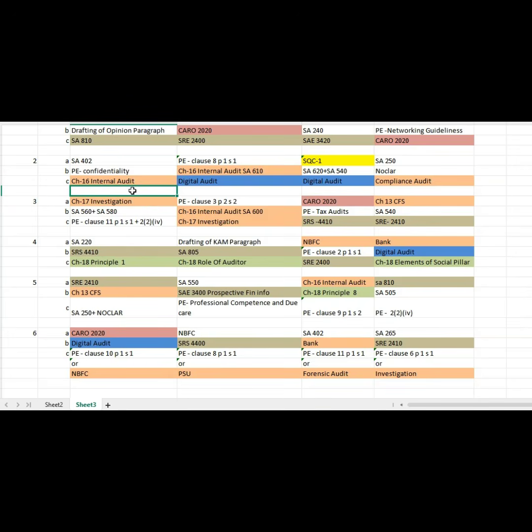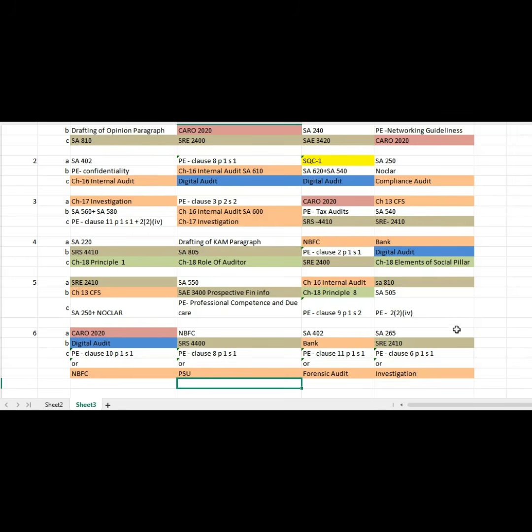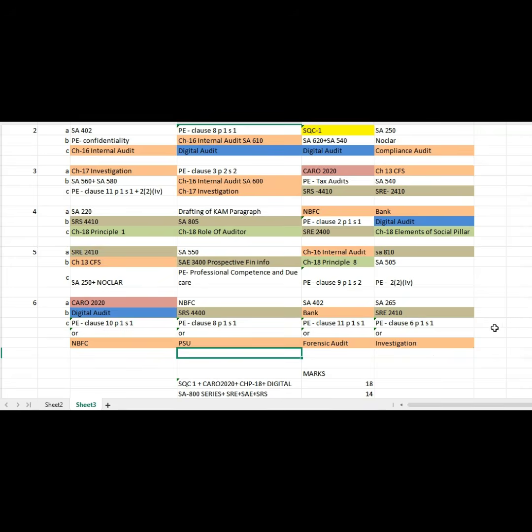From these areas you can check how many marks are coming in internal audit. In chapters 13 to 17, I have highlighted 1, 2, 3, 4 questions. If you feel your professional ethics is very difficult, or you didn't get the clause, you can attend these questions. It will help you to score more marks. Again you can see 1, 2, 3, 4 questions. Anyway, 4 questions come in every attempt. This is around 18 marks and MCQ, so minimum 20 marks you'll be getting from chapters 13 to 17.